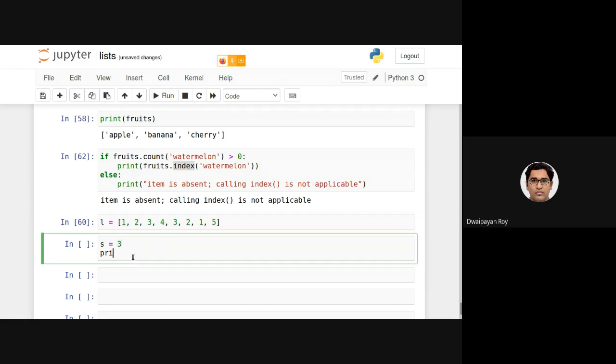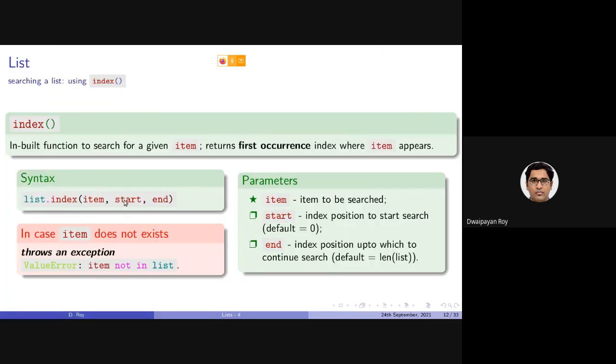What I can do is print. I just want to print that, that's why I'm calling this print function. Then L dot index. Earlier I was specifying only the item, now I will be specifying the start and end.